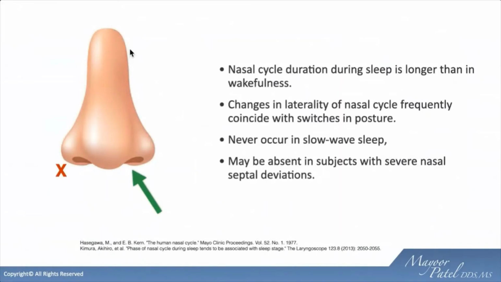Now, I told you that the nasal floor is the maxilla. So I want to bring up something here called nasal cycling. And nasal cycling basically is this. We never breathe through both nostrils at any one point in time. We breathe through one, and then we switch and we breathe through the other. And this is a normal physiological phenomenon, but there are some situations where this may not actually occur.